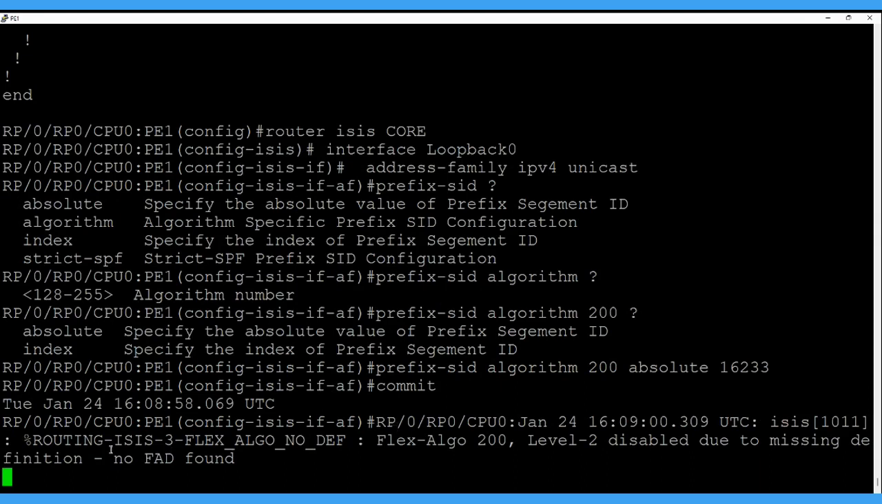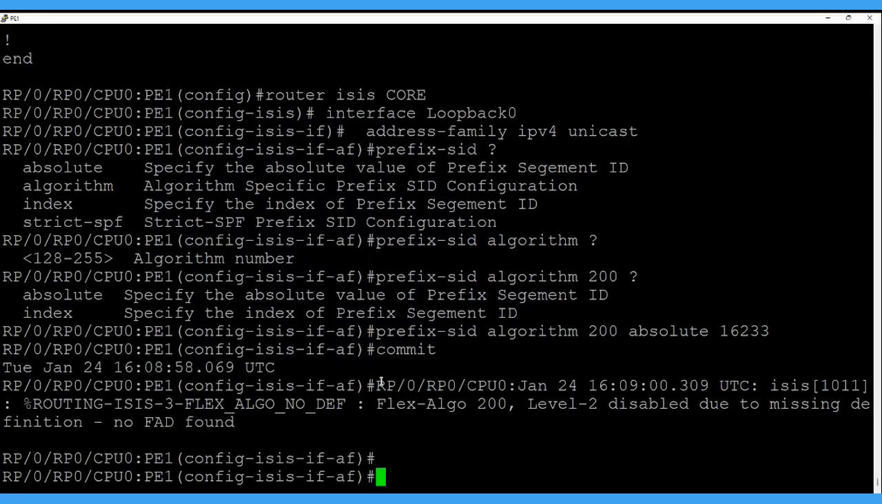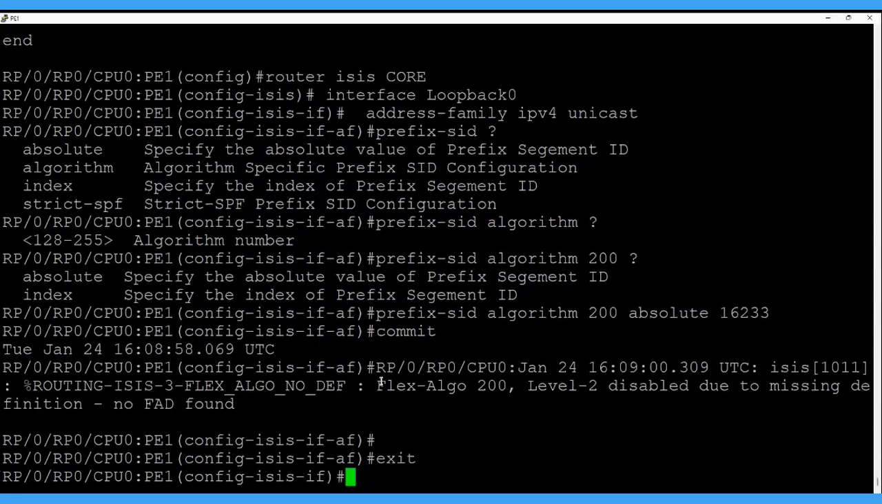One more thing is we are seeing the message saying the routing ISIS flex-algo node def. There is no advertiser there, so it's disabled due to the missing definition, no FAD found. So one more thing, on one of the devices taking part in flex-algo 200, we need to define the configuration for the